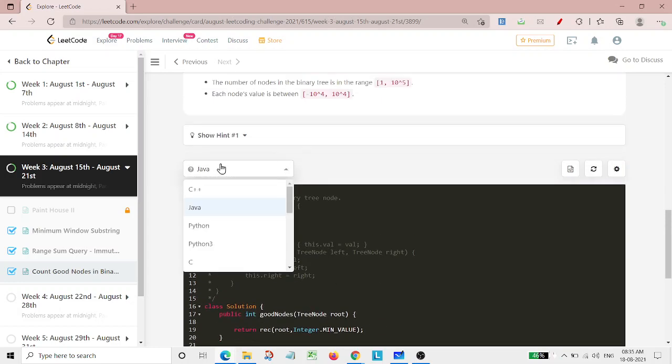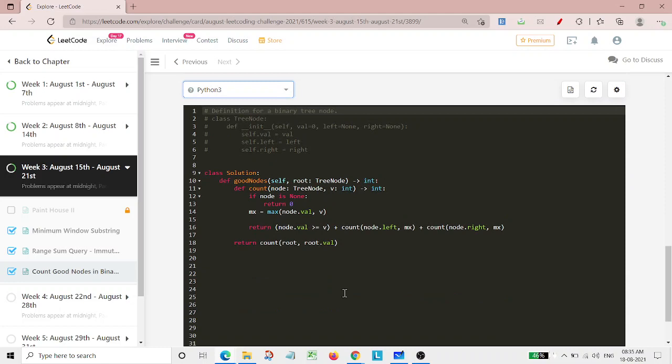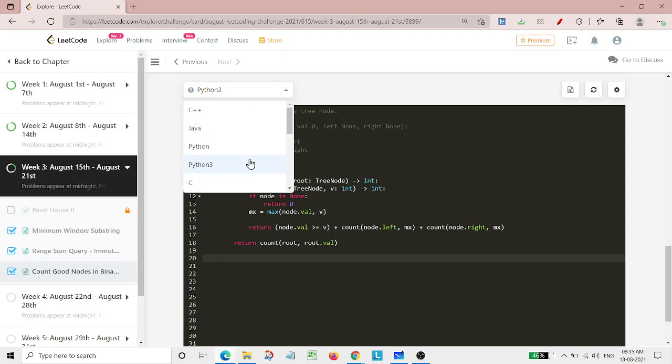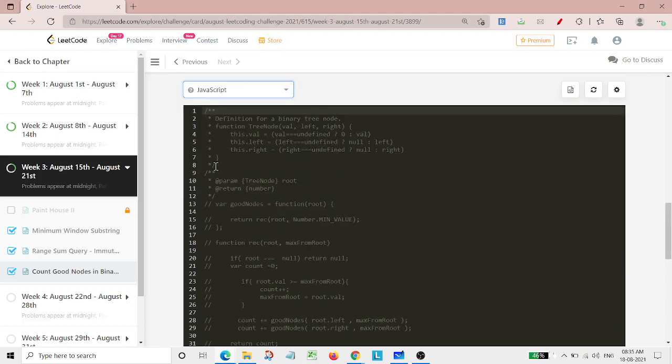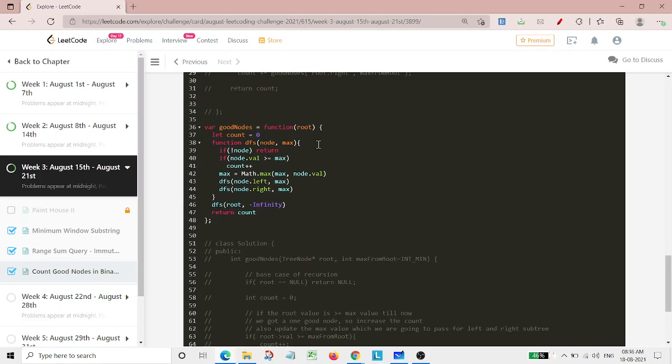Now comes Python, and it's again the same, but here I have explicitly taken the left, right, and the present value, compared them, and simply returned them. And for JavaScript, it was again the DFS solution.